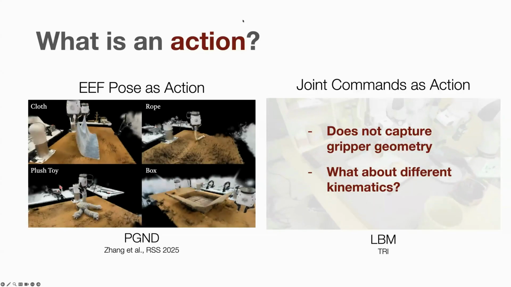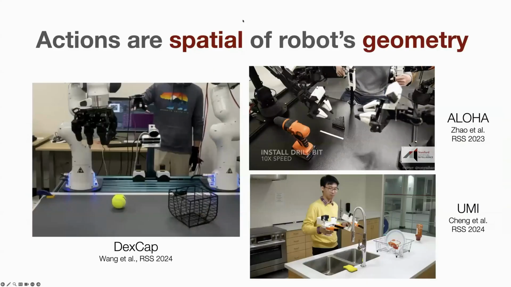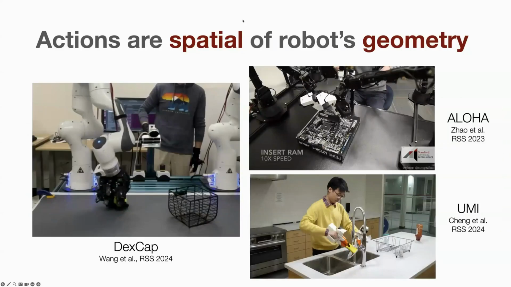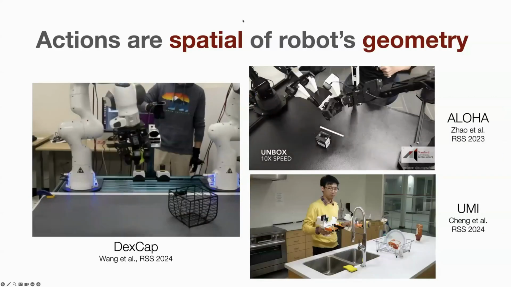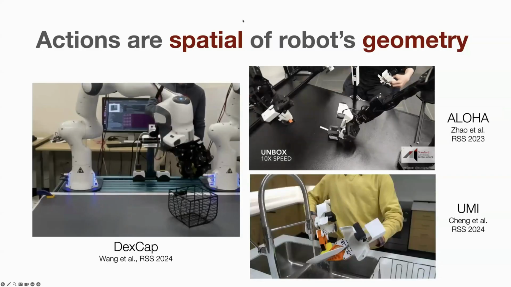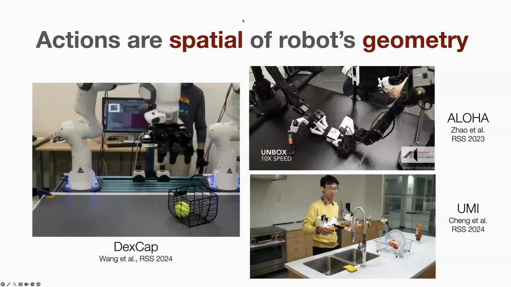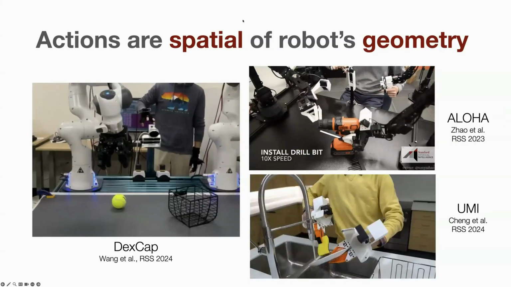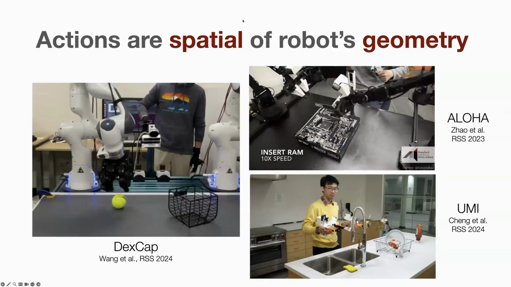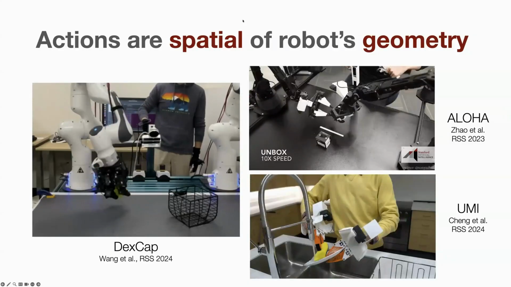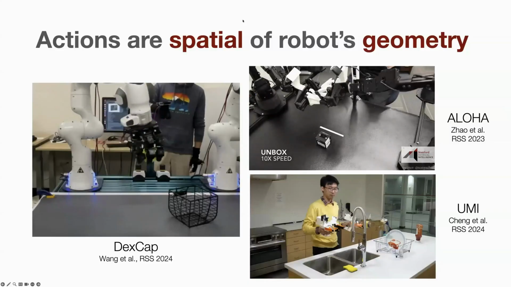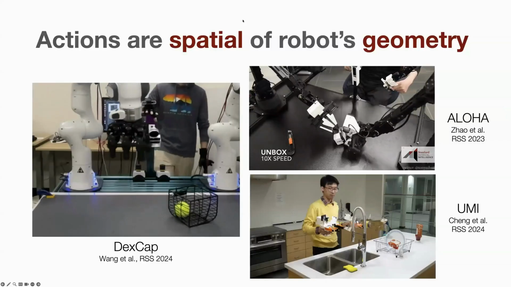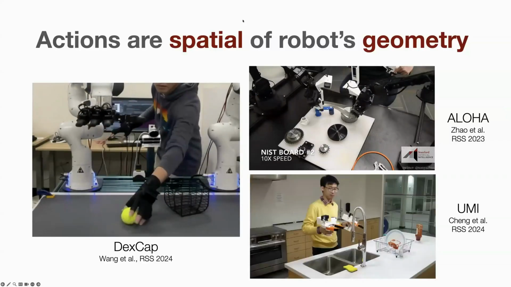So why is it important to think about actions? Another thing I would want to think about is what are we really thinking about when we collect demonstrations? We can easily collect demonstrations for very different embodiments. So why is that the case? We don't really need to care about the number of degrees of freedom. We only care about the task at hand and the robot we can control. I think one argument here is that we're really thinking about the interaction geometry in 3D. So we're thinking about the actions in 3D rather than particular joint space actions.